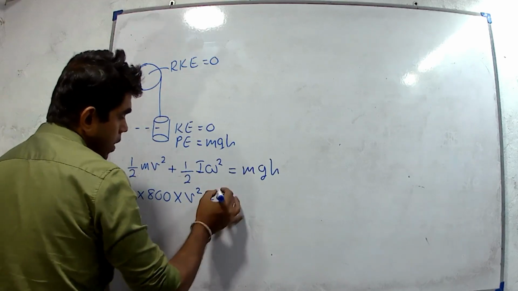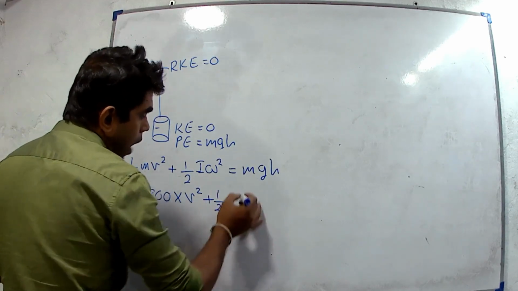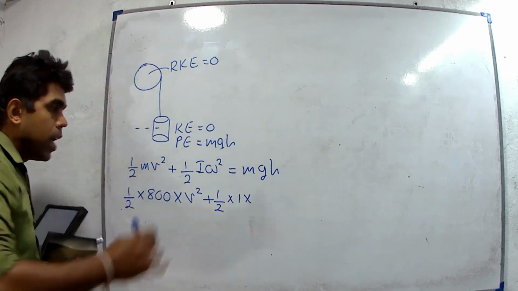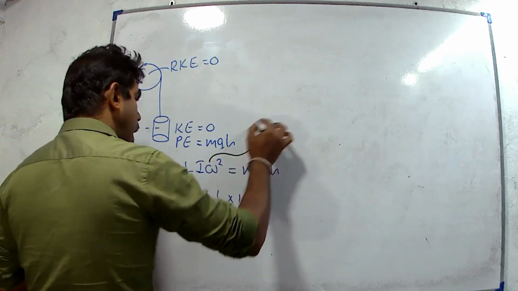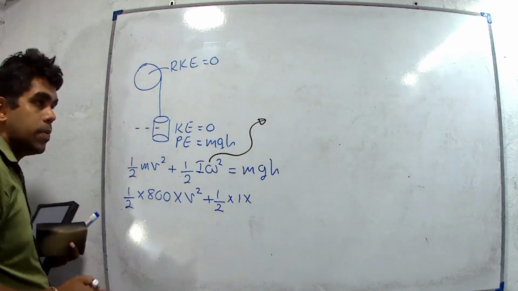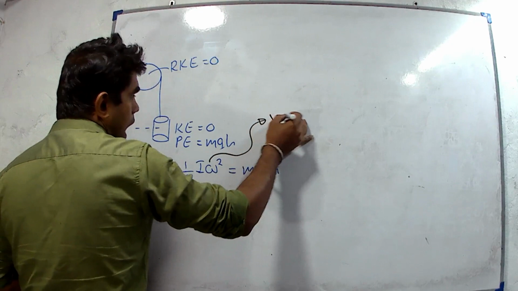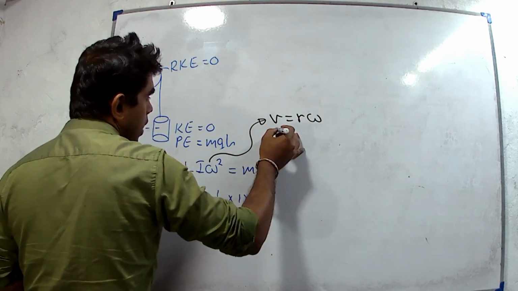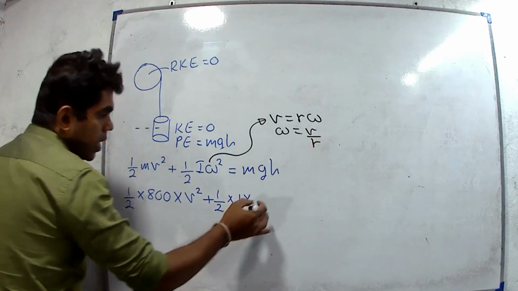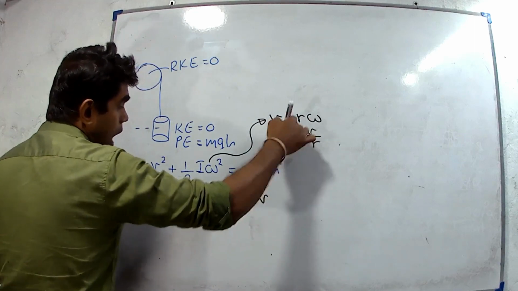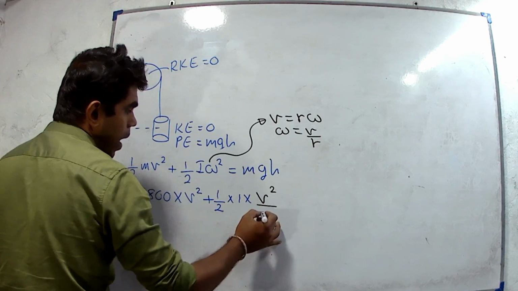Half I, whose value is found, and we know that v equals r omega, so we can make omega the subject, v divided by r. Then we have to substitute the square of this term, v squared divided by r squared,